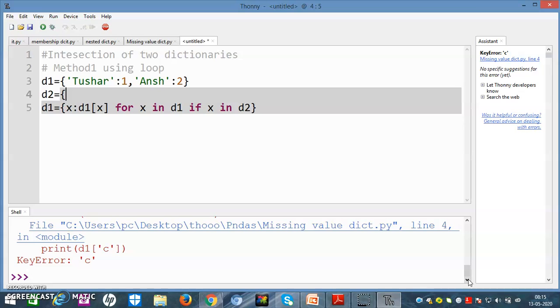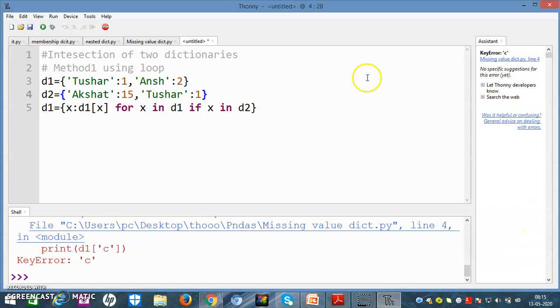D2 is equal to Akshat: 15, comma, next is Nikhil: -1. Now I have taken two common values, like for intersection we have to take, so I will take Tushar here because it needs some common values for the sake of intersection.